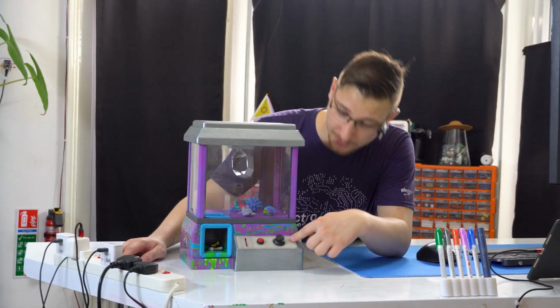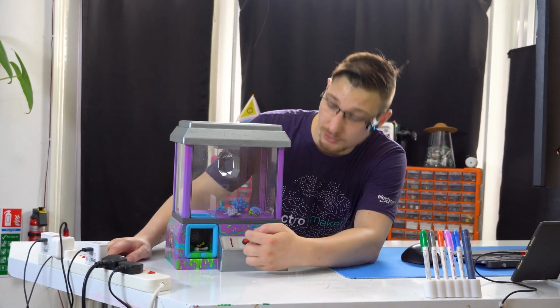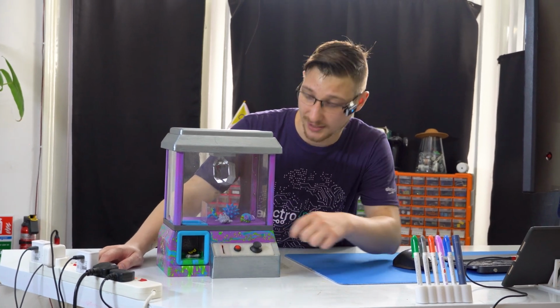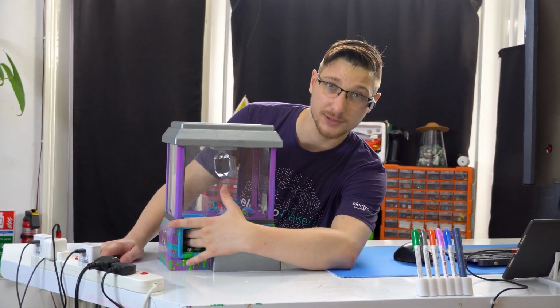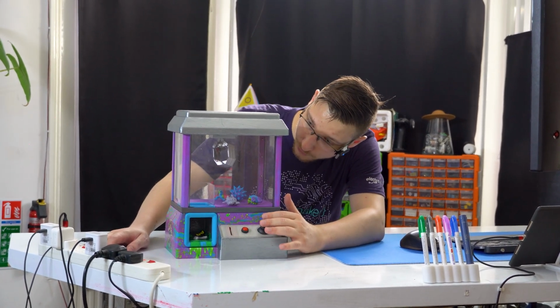I fixed it. I've made a new faceplate. All the things are spaced out properly now. We even got the coin slot, which is working, but it's not implemented in the code, so it's still just live. The lights are in. I don't know what else I was supposed to fix. Oh yeah, I added an IR sensor here to detect whether something is dropped. So now, theoretically, I can do...